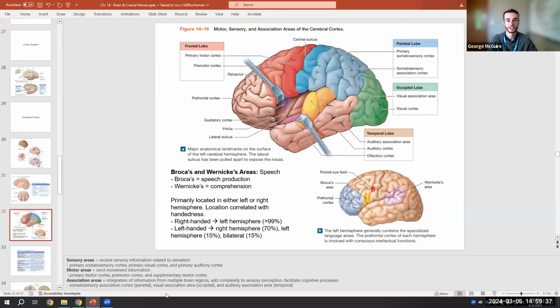So we have our somatosensory association cortex in the parietal lobe. We've got our visual association cortex in our occipital lobe and our auditory association cortex in our temporal lobe. They kind of align with the major sensory areas that we were talking about. And then the last thing to talk about here are very specific areas that get a lot of attention